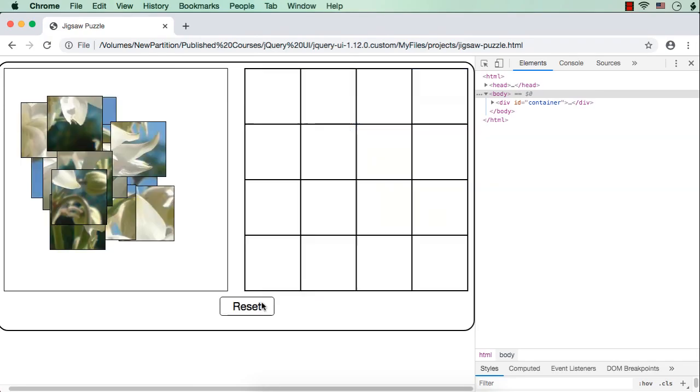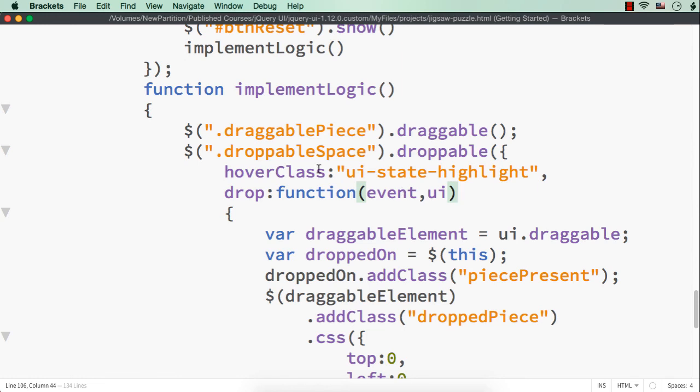Let me click start. Let me try to drag this. See, now it is getting highlighted. As you could see here, the second one is now getting highlighted, and if I move this towards the left hand side, this one is getting highlighted. So by using hover class itself, it is working as of now. If it is not working, then we can use the classes option provided.